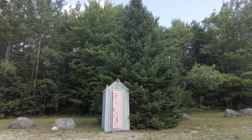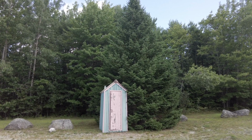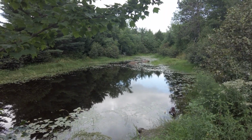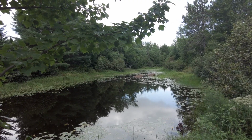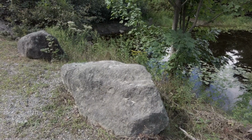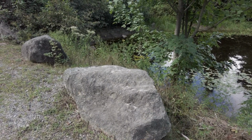Outside the Purple Bug Club, there is an outhouse. Looks like it needs a little painting, but apparently it is a working outhouse. Continuing on the very same road, you will find on your right, before entering the main campground, a beautiful pond. There are several rocks around the pond, so you can sit and reflect and just think about life, read a